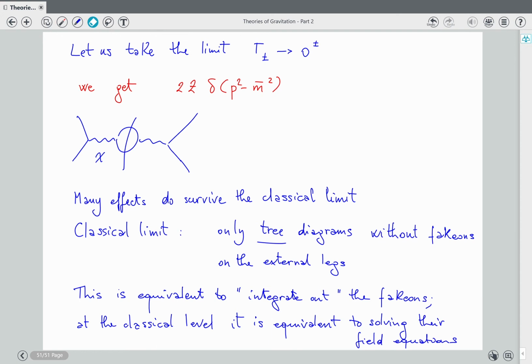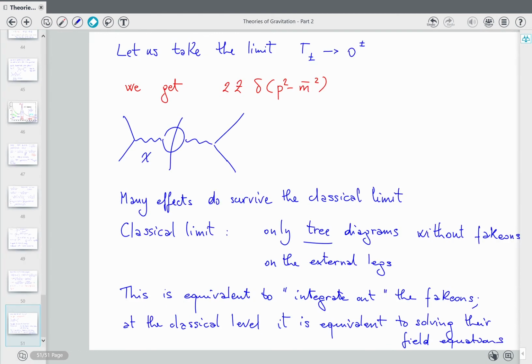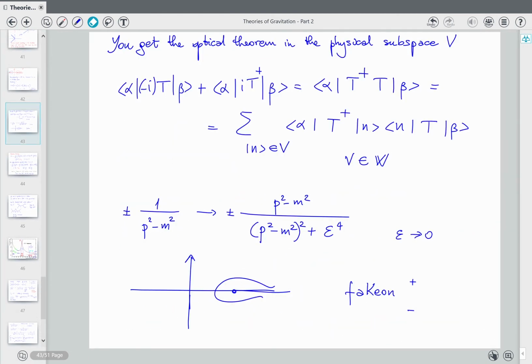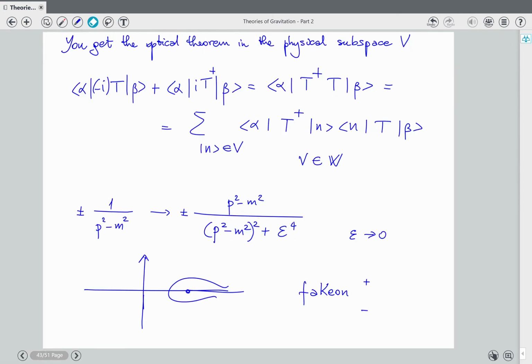And we can see what their Green function at the classical limit is by taking their propagator, which is this one, with a plus or minus in front depending on the two cases. We have two possibilities. This is the classical Green function. So that means that you have to solve the classical field equations with this Green function. What is it? Now we will compute it later. It is this thing with the limit epsilon going to 0. We saw the other time that the limit is kind of